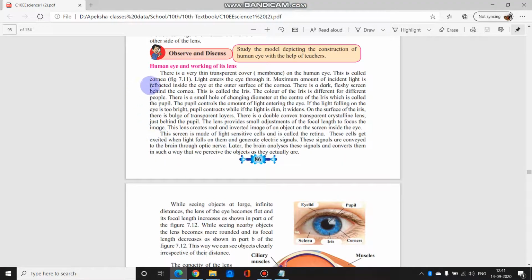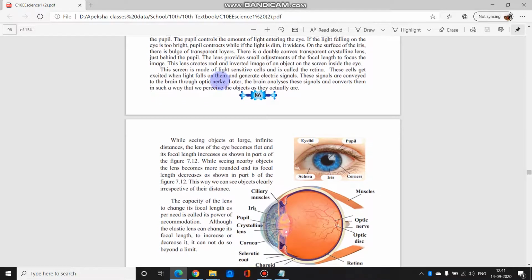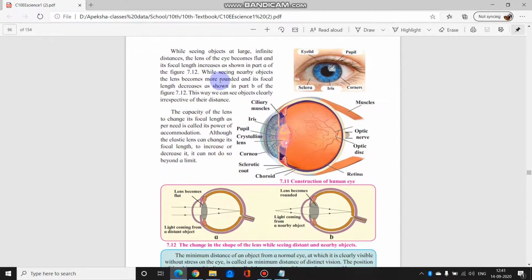Yeah, so the next topic would be human eye and its working of lens. इसके लिए मैं आपको एक रेडीमेड वीडियो भेजूंगी which I have taken from the net which has a beautiful explanation of it. Also, if any doubts for this, we'll obviously solve for that. But I don't think there should be any doubt क्योंकि इसमें बहुत easily और अच्छे से explain किया है because it is having a full animation technique.